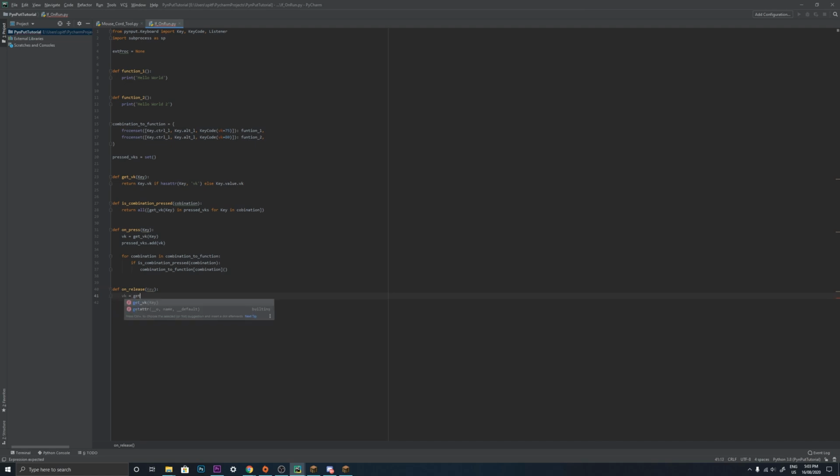vk equals get vk key, and this will just get the keys that have been pressed. Then pressed keys dot remove vk, so it'll get rid of them, so they're not just sitting there the whole time and repeatedly clicking for only one press. So with listener on press equals on press, on release equals on release,